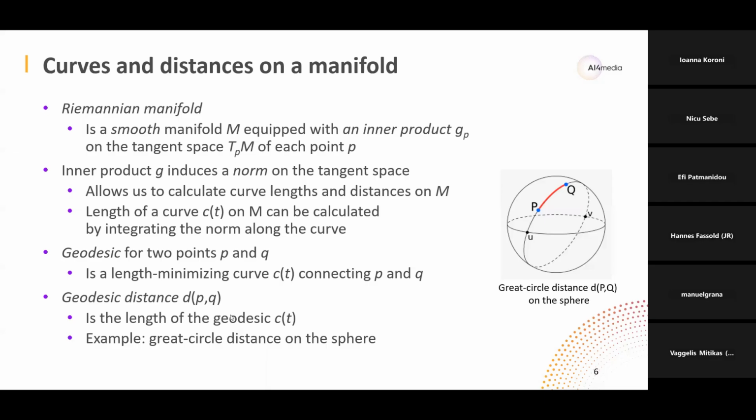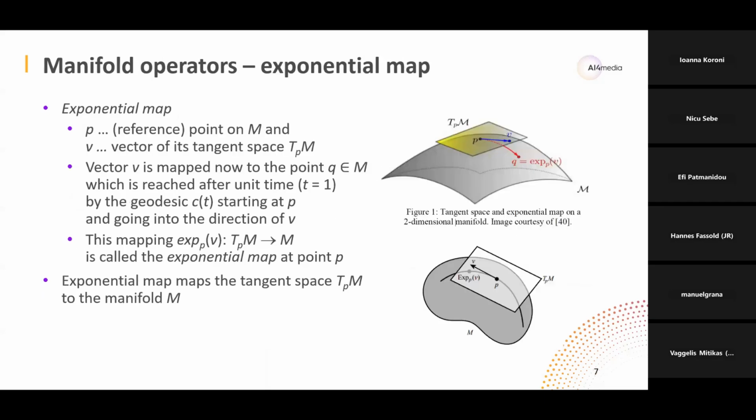Yeah, so that's it with respect to curves and distances on a manifold. And now after this, the very important key operators on these Riemannian manifolds are the exponential and the logarithm map. So these are really important manifold operators. So I will start with the exponential map,